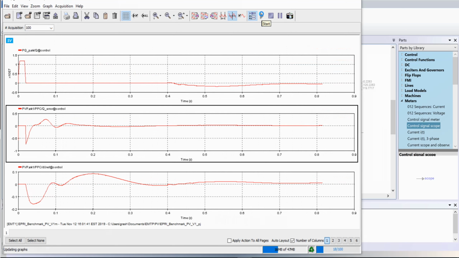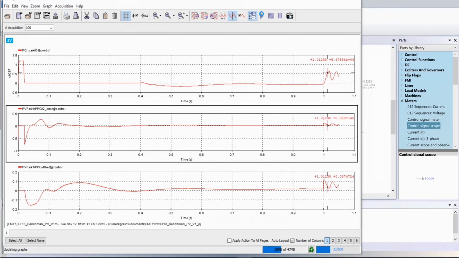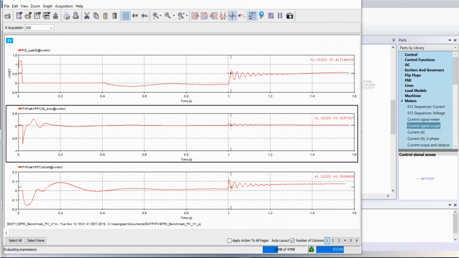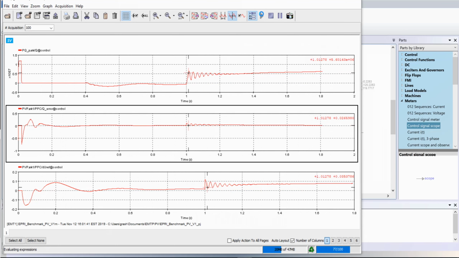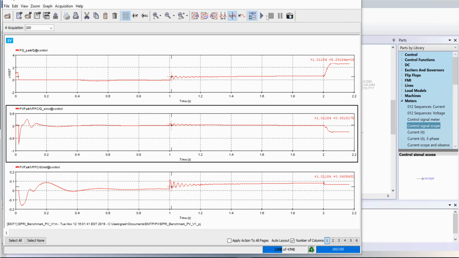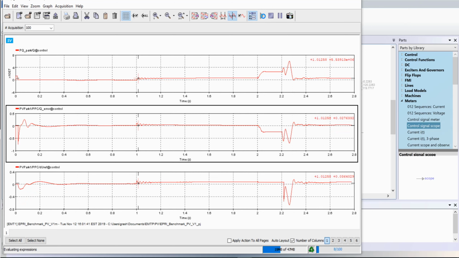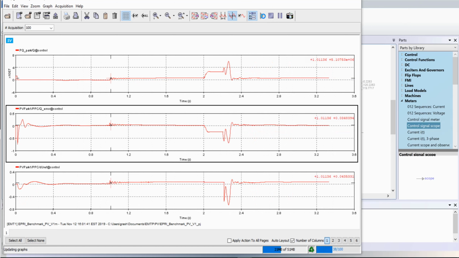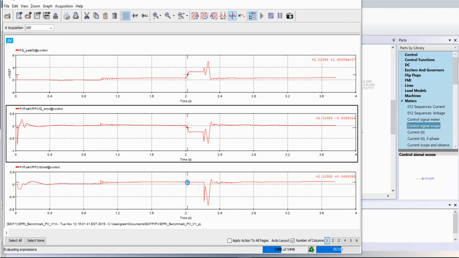The simulation is started over again. At 1 second, the reactive power step is applied. The new steady state is reached. And at 2 seconds, there is the fault. The fault is cleared at 2.2 seconds. What we can see is when the fault occurs, because of the FRT mode, the output here of the PPC does not change anymore. As soon as the fault is cleared, now the output is refreshed.